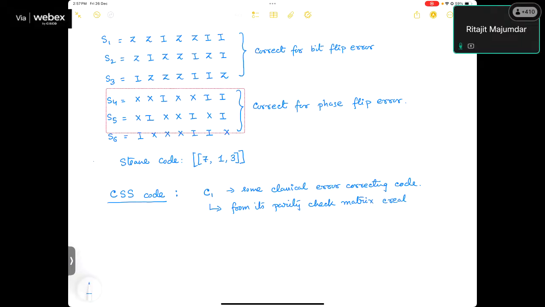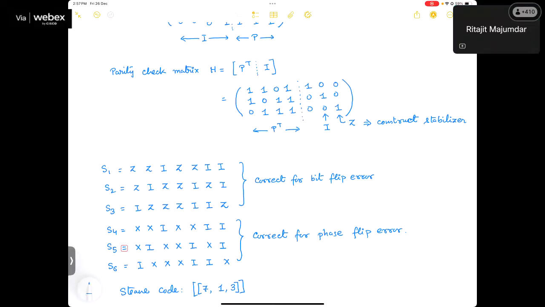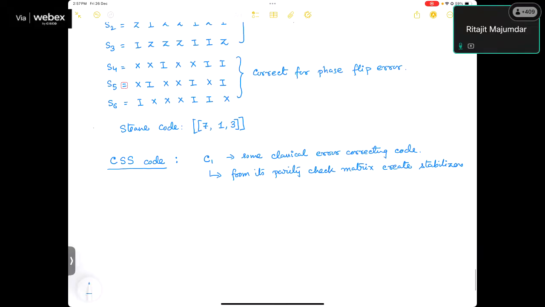Create stabilizers. That is what we did here. But you should note one thing. From the parity check matrix, I was able to go up to this S1, S2, S3. I kind of repeated the same for S4, S5, S6. Is that allowed? So what they showed is you take C2,